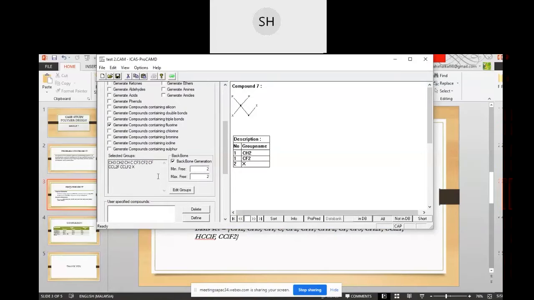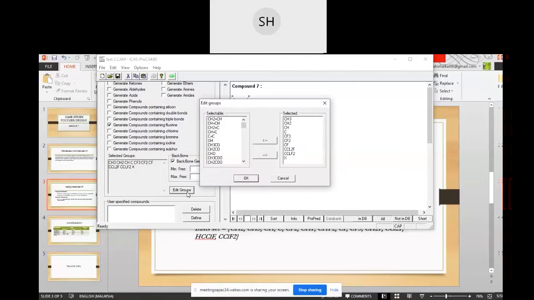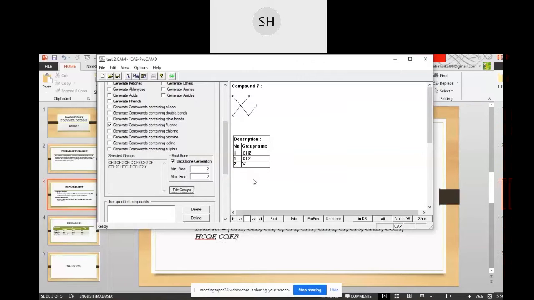So this shows the basis set, but it is not complete yet because in the requirement we need to have HCClF. So we click edit group and find HCClF and click this and OK.